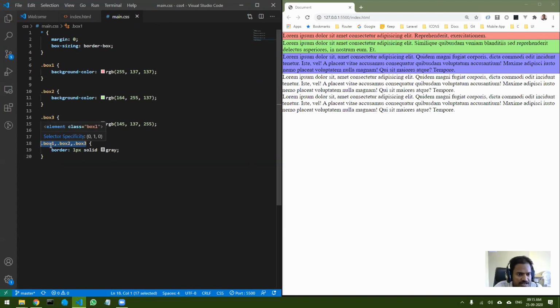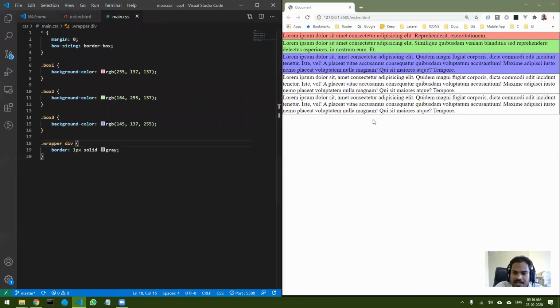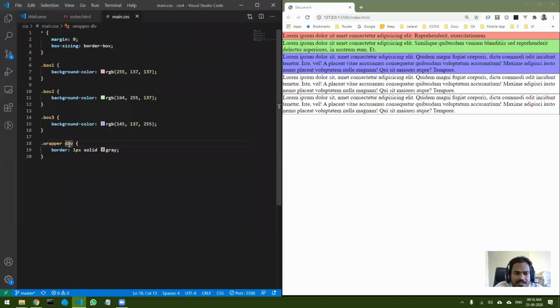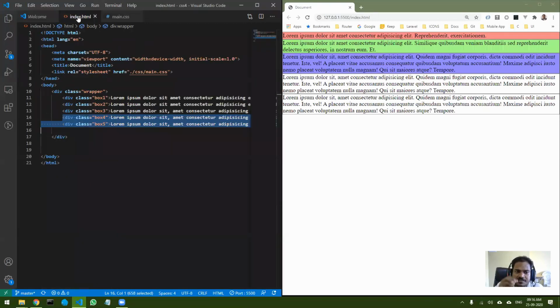But if you would have used the other way of accessing it, you can see the difference. Any number of divs you put, it is going to work. That is the beauty of this. But the problem is, if you want to select only these 3 divs and not the last 2, that is not possible with this particular syntax, because this will select all the divs inside wrapper. You cannot target specific divs.